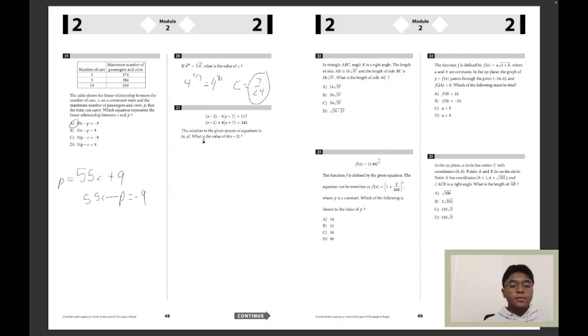The solution to the given system of equations is x comma y. What is the value of 6x minus 2? So, okay, this is one where actually they're being kind of sneaky here. You just add up the equations directly. So notice, the reason is that you can see here they have negative 4 times y plus 7, and then positive 4 times y plus 7. So if I just add these together, the y parts are going to cancel out, right? And I'm going to end up with 2 times x,